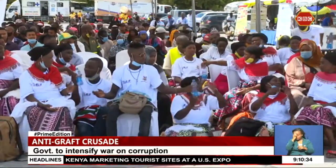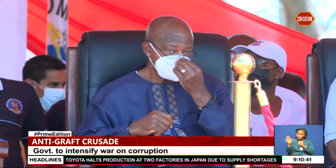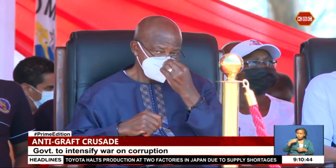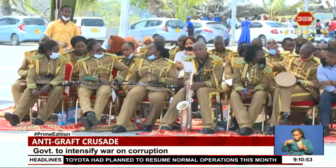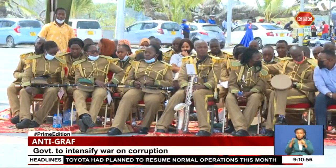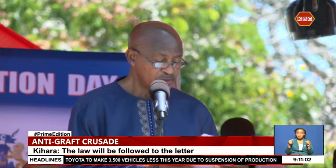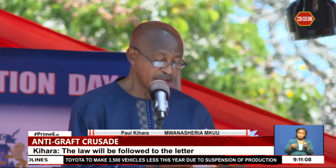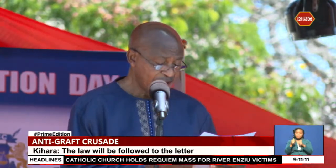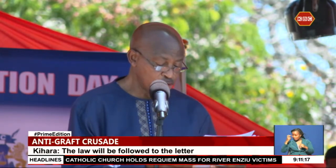Haji called on Wananchi to be on the forefront to fight corruption, saying citizens too have a role to play in fighting the vice. Attorney General Paul Kihara, who represented the president at the event, said the government had taken several interventions to curb corruption, among them adoption of the National Ethics and Anti-Corruption Policy, Sessional Paper number 2 of 2018, which guides the nation in fighting the vice. We have continually engaged our international partners for mutual legal assistance, with the goals of increased repatriation of proceeds of crime held outside the country, extradition of grave suspects, and the receipt of key evidence to support both local and